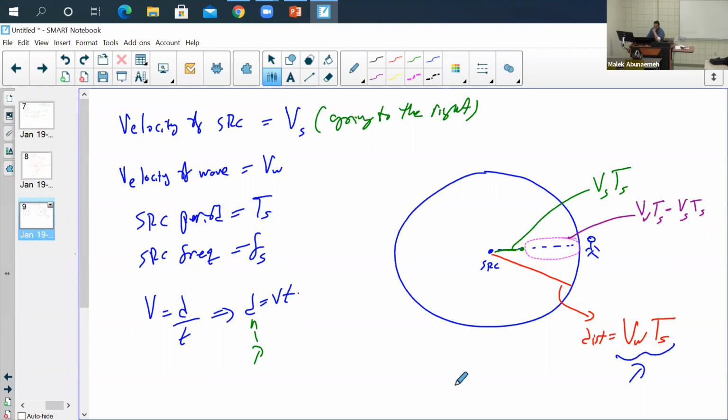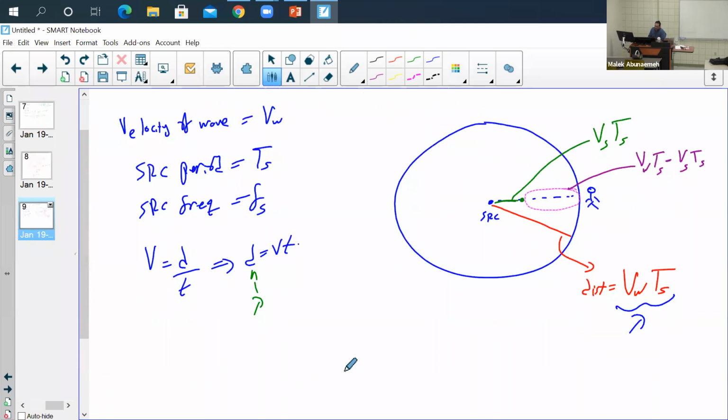Now, we talked about the period of the source, but let's see what the period is from the point of view of the observer. So the period from the point of view of the observer is going to equal what? Now we said the velocity is going to equal distance over time. The period is basically time. So that's going to have to equal your distance